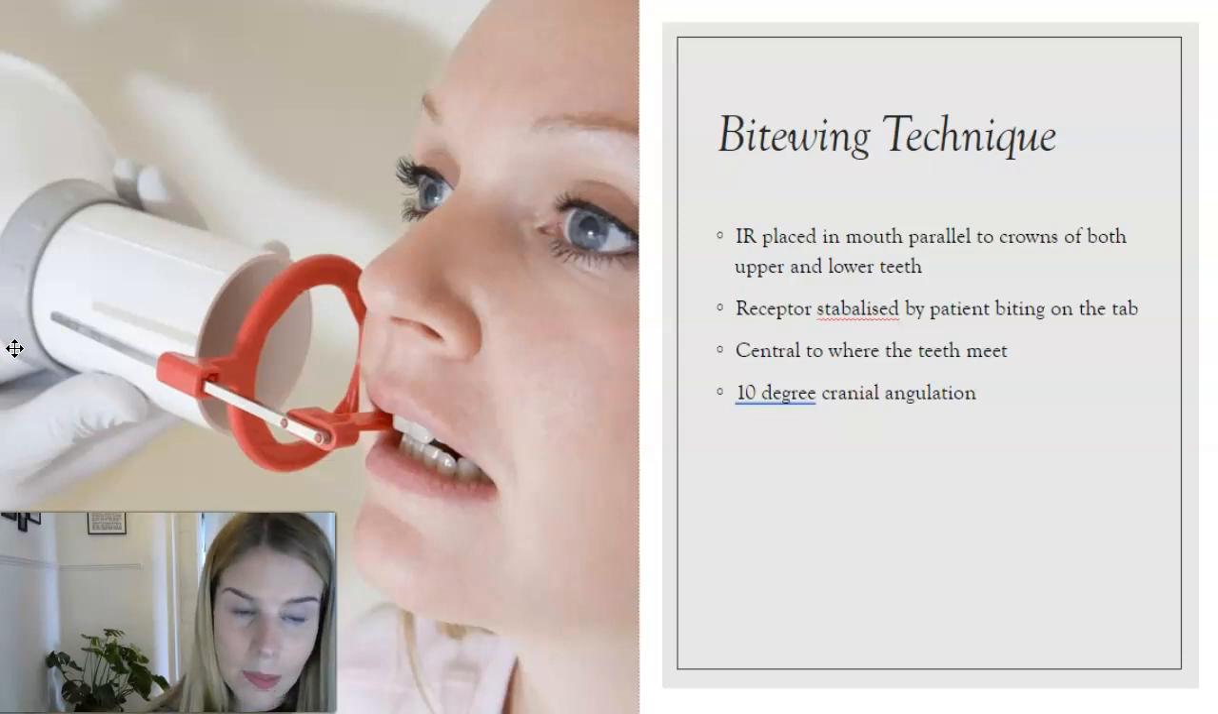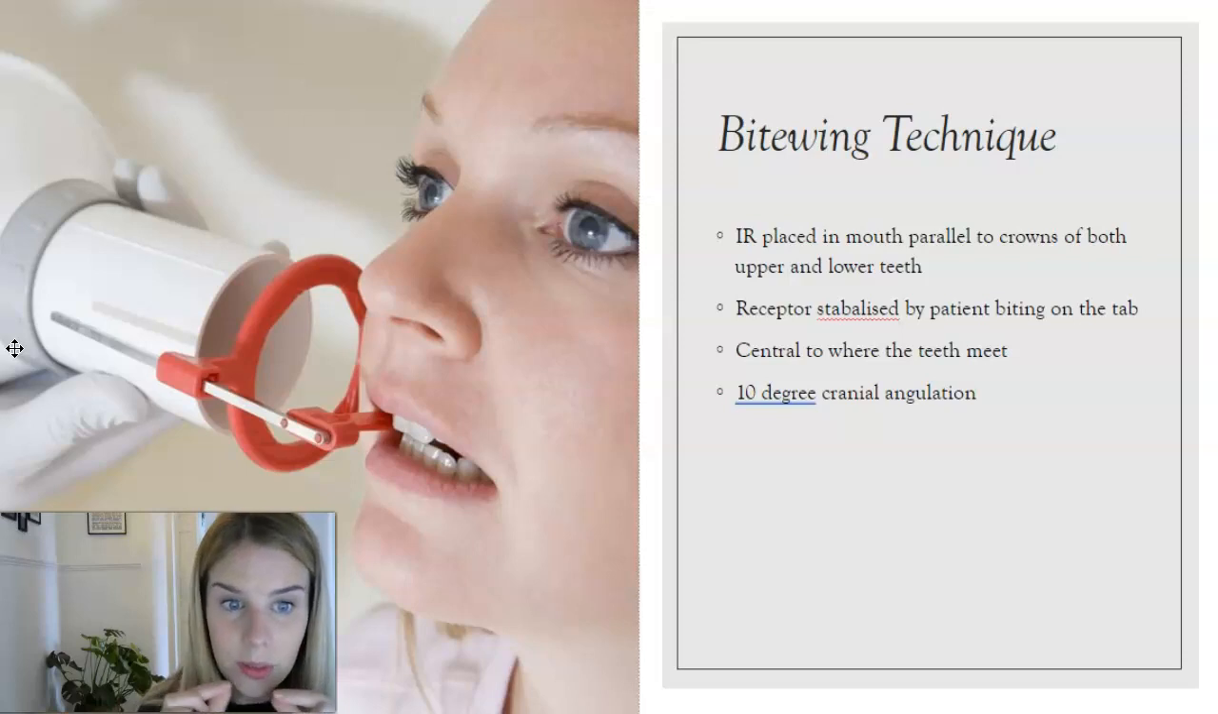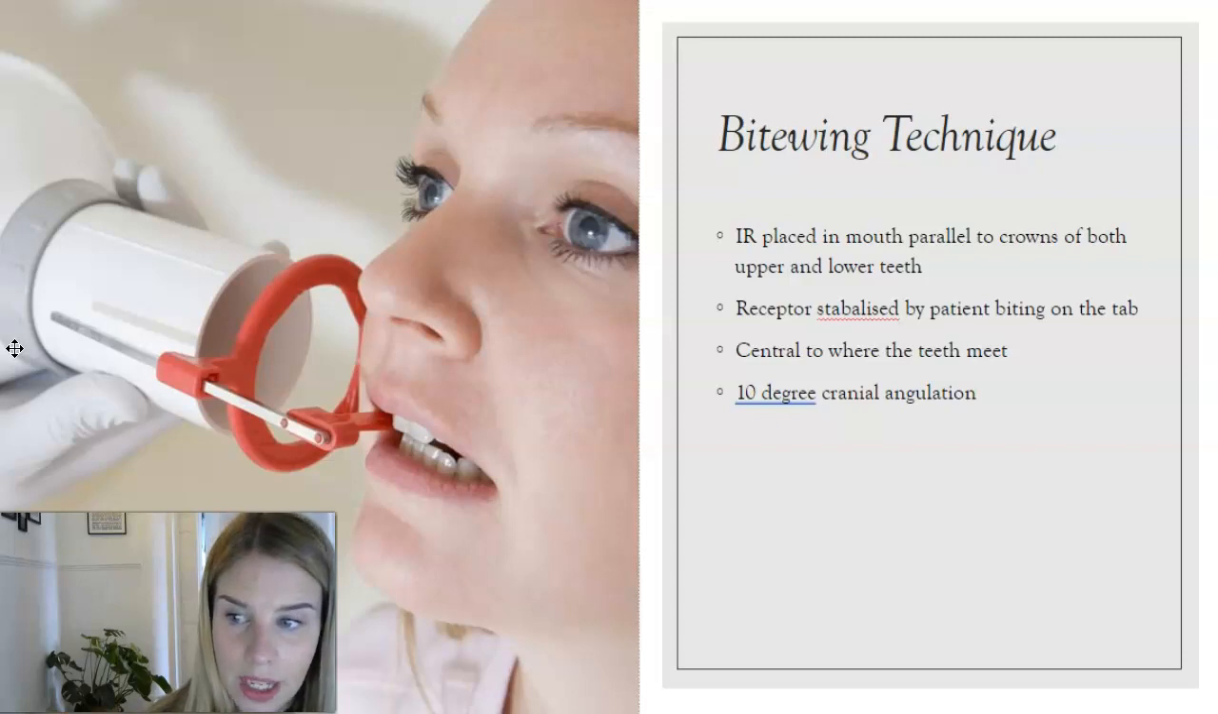mouth, okay? And it's parallel to the crowns of both your upper and your lower teeth. And it has to be stabilized essentially by the patient biting onto this little holder, central to where your teeth meet. And then there's a 10-degree cranial, so to the head, angulation of the tube, and that is the position for